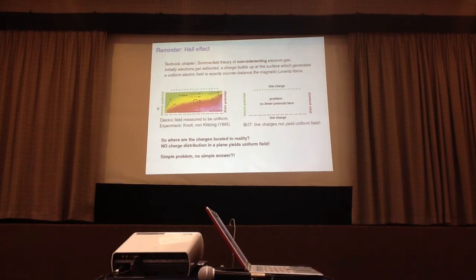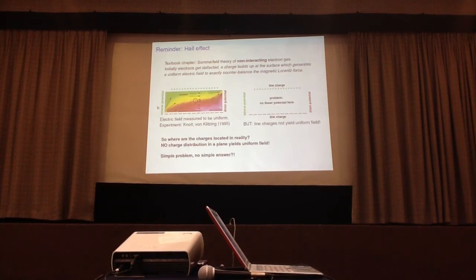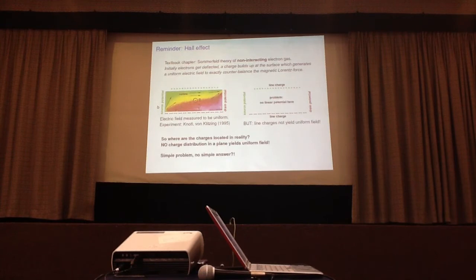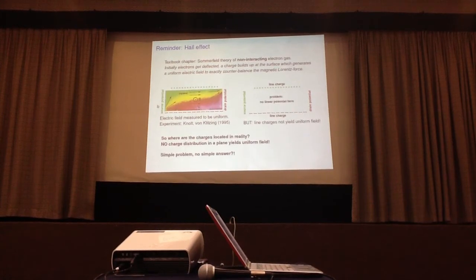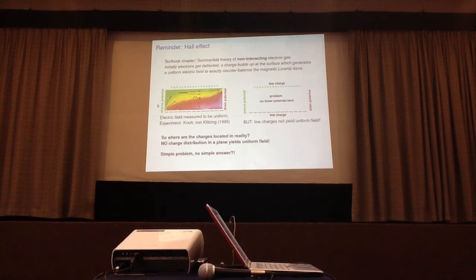Things get a little bit even more strange when you consider the inverse problem. Now you want to generate a uniform potential. What type of charge distribution is doing this? And you find that there is no finite charge distribution which can do this. So how can this be measured? And at the same time, on the theory side, you are running into problems. So I hope, in the spirit of the interests of people here, that's a rather simple problem.